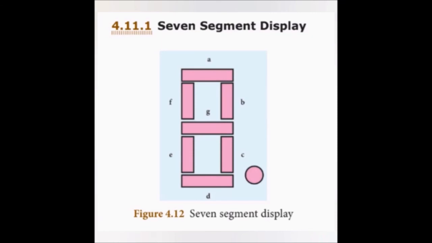A 7-segment display is the display device used to give an output in the form of numbers or text. It is used in digital meters, digital clocks, microwave ovens, etc. It consists of 7 segments of LEDs in the form of the digit 8. These 7 LEDs are named A to G. An extra 8th LED is used to display a dot.